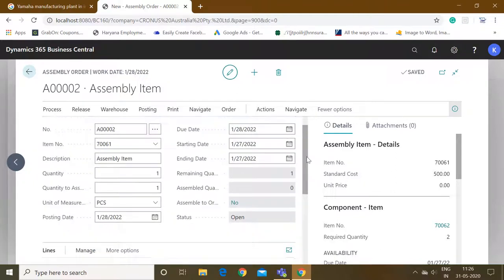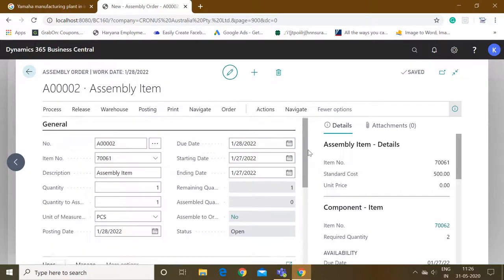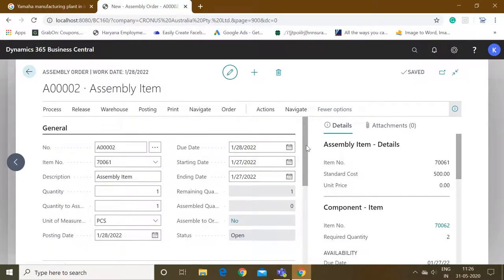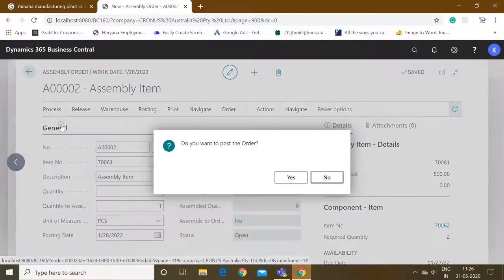Now our assembly order is generated successfully. All we need is to post this order. To post this order, click on posting and click on post. We want to post the order. So when I click on yes, then what will system do?